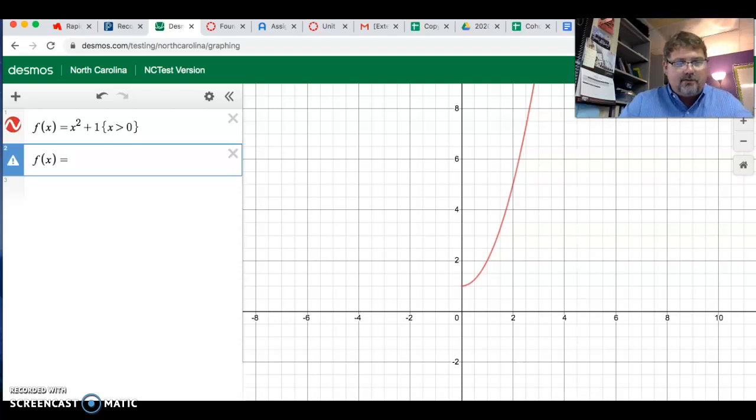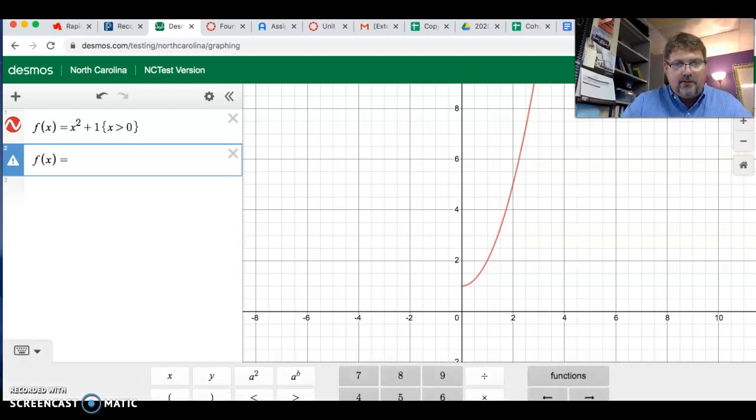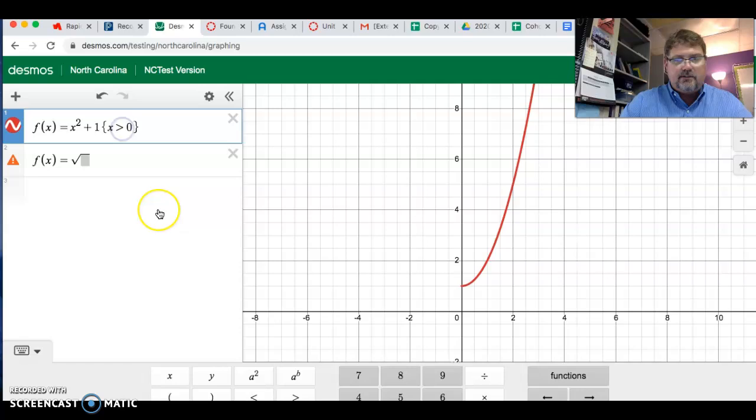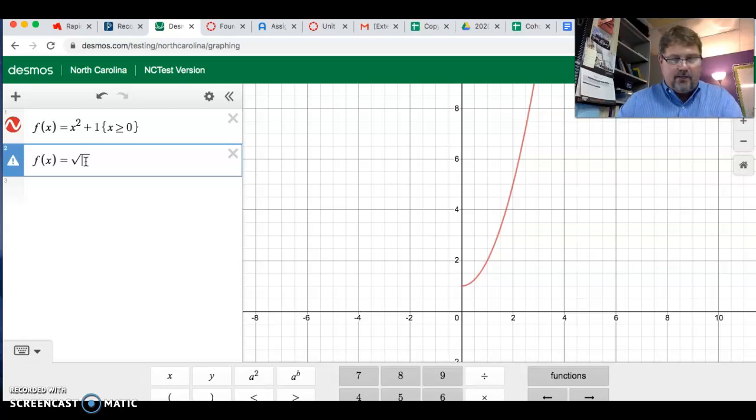Okay, I corrected my screen where I could get to my tools down here, because I needed that square root, there's no way out of it this time. And while I'm at it, I'm going to go up here and fix this, because I just don't like not having things the way they're supposed to be. And we're supposed to have x minus 1 in here. All right, so notice here,